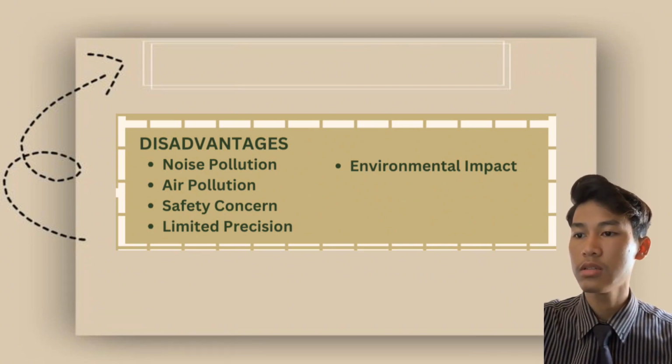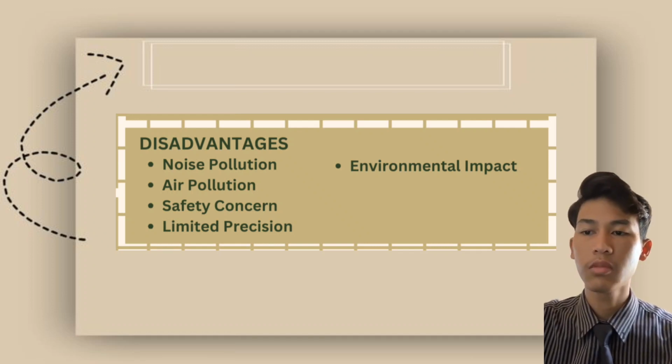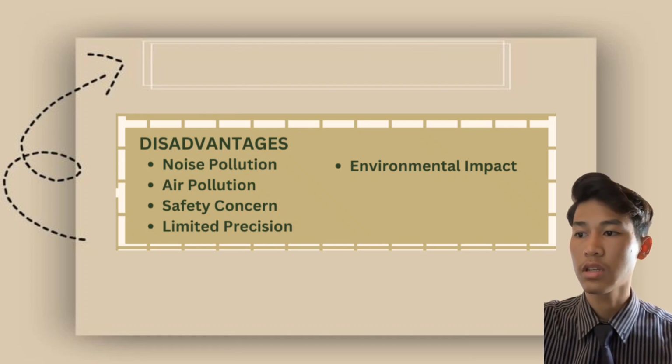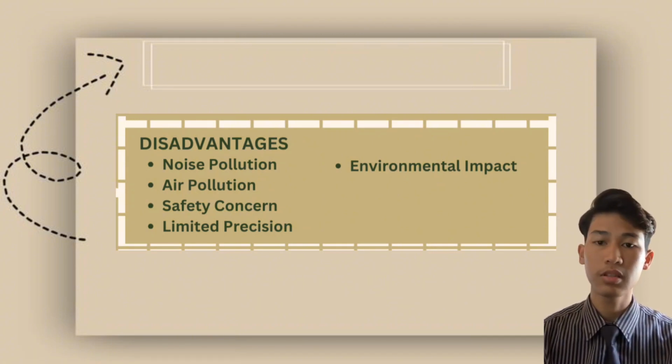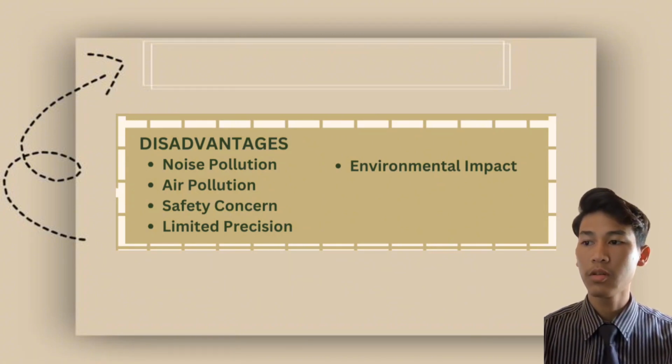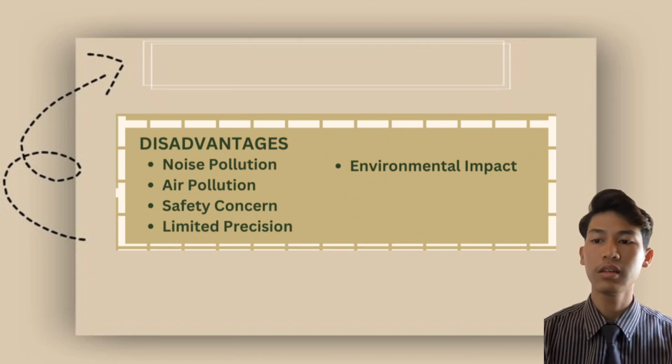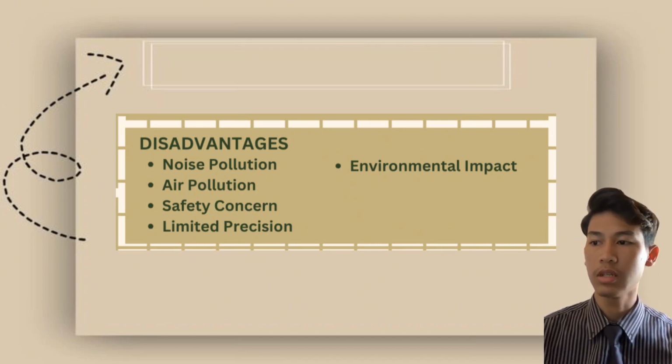Next we go to air pollution. Mechanical demolition generates a significant amount of dust and debris which can contain harmful substances like silica, asbestos and other particulate matter. Without proper mitigation measures, this dust can spread over a large area, leading to air pollution and